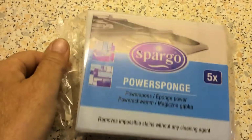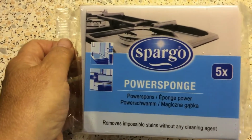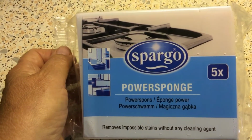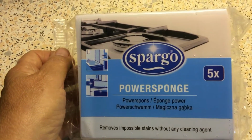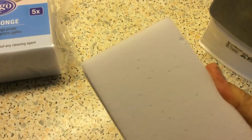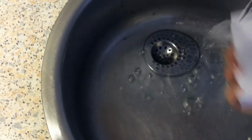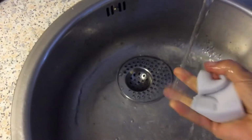What I use are these. Power sponge. Removes impossible stains without any cleaning agent. Well, that thing works. Where do I have it? Here. Yeah, that's a kind of sponge. That's the sponge. And I will make it a bit wet. Not too wet. And I don't know if I can do that with one hand, but just,